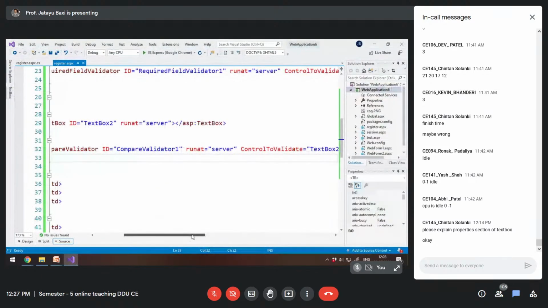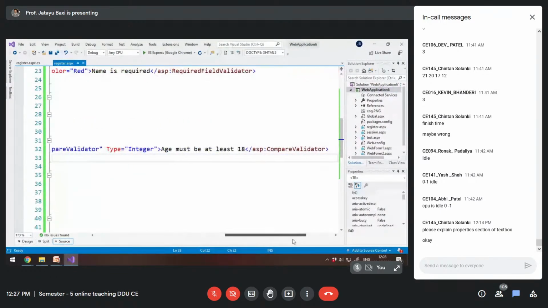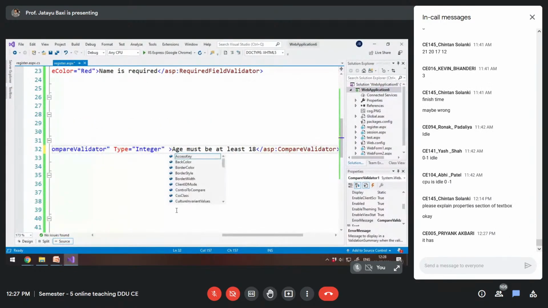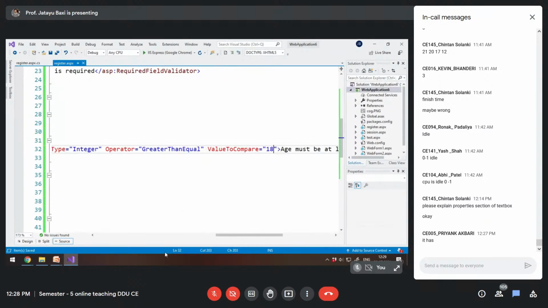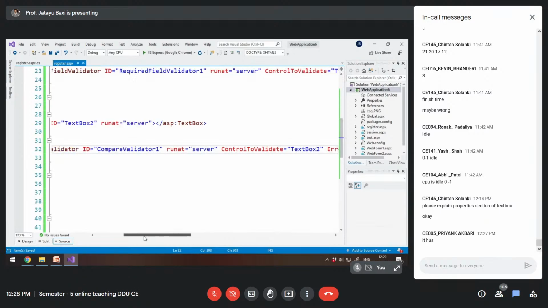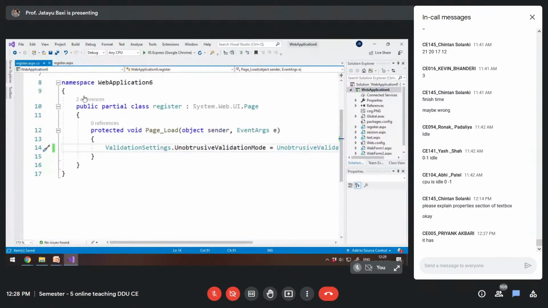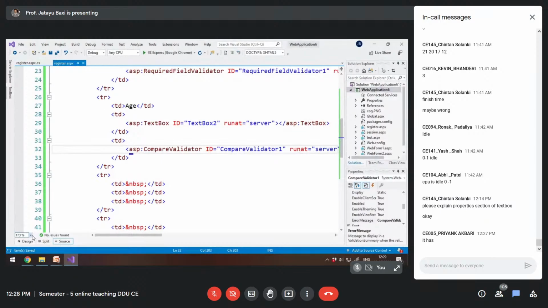Why is there no operator property? Let me try here. Okay, operator equal to, so here you can also write it. What I want is the value should be greater than or equal to 18. So operator is greater than equal, and value to compare is equal to 18, right? So this is my compare validator.